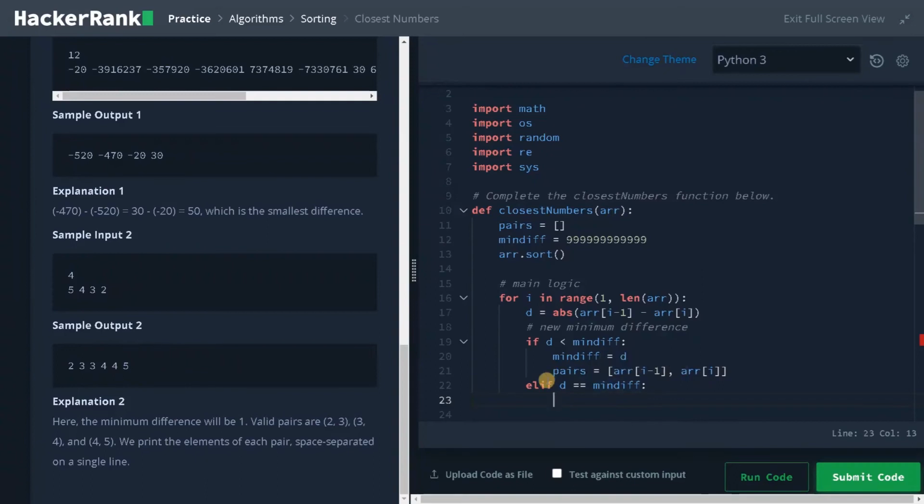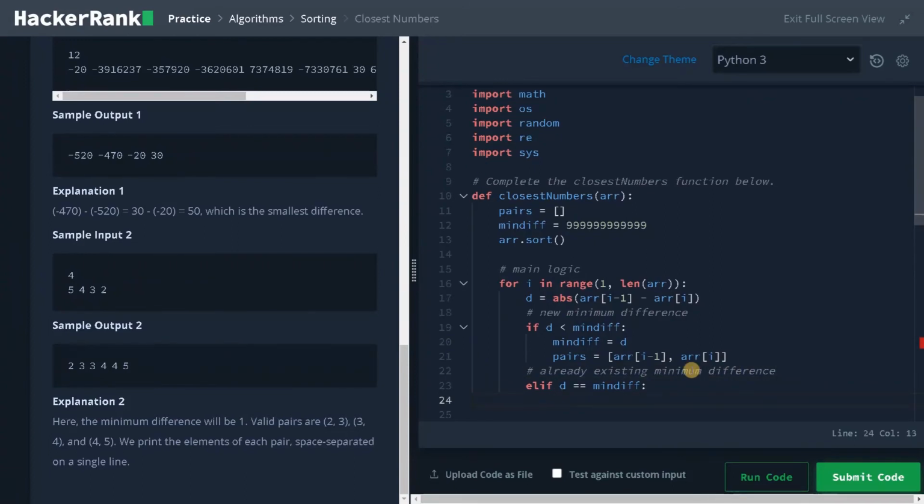That means we have a difference the same as the already existing minimum difference. Now we don't need to update the minimum difference. We need to update the list pairs.